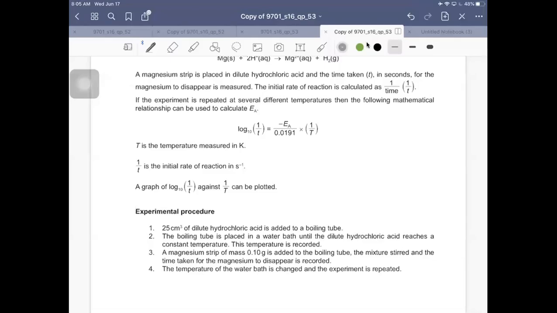Okay, Bismillahirrahmanirrahim. So I've already asked you to plot your graph beforehand. This experiment is basically looking at how the temperature, capital T,